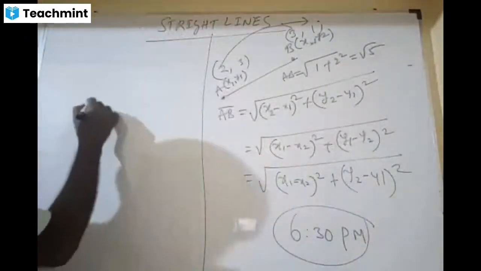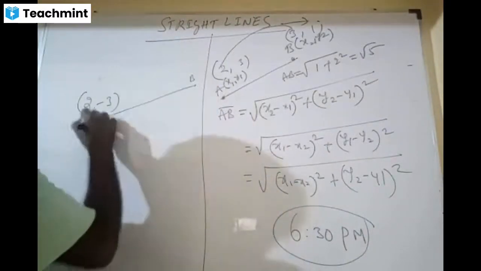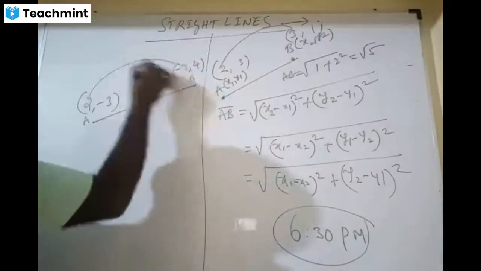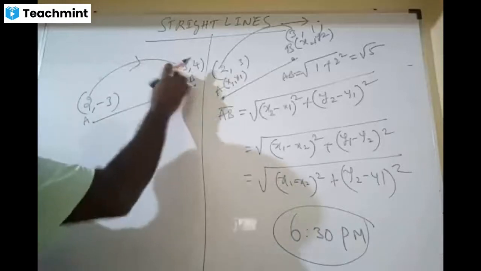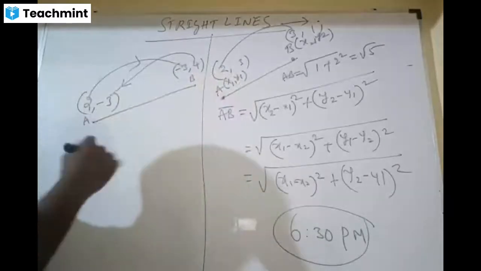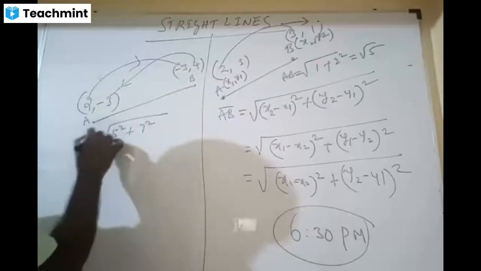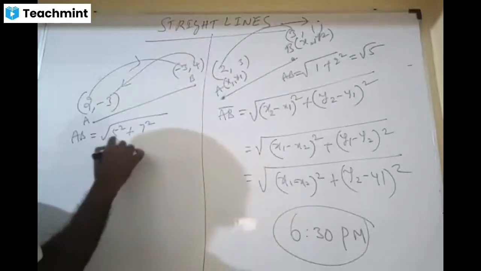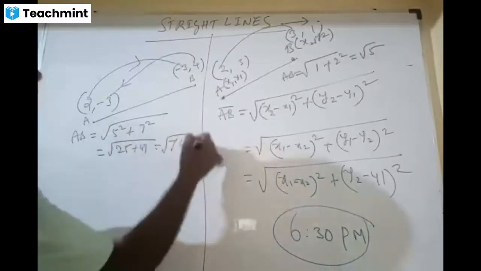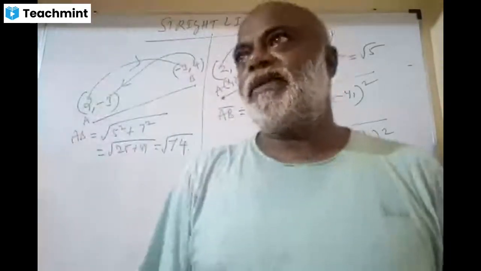But when negatives are there, say one point is (2, minus 3) and another point is (minus 3, 4). What I do, I go in this direction so that 2 minus of minus 3 is plus, and I come in this direction so that 4 minus of minus 3 is plus. See how beautiful it is. So it is 5 square plus 7 square. That is the distance formula. 25 plus 49, that is root 74. Yes or no? Is it clear, please?